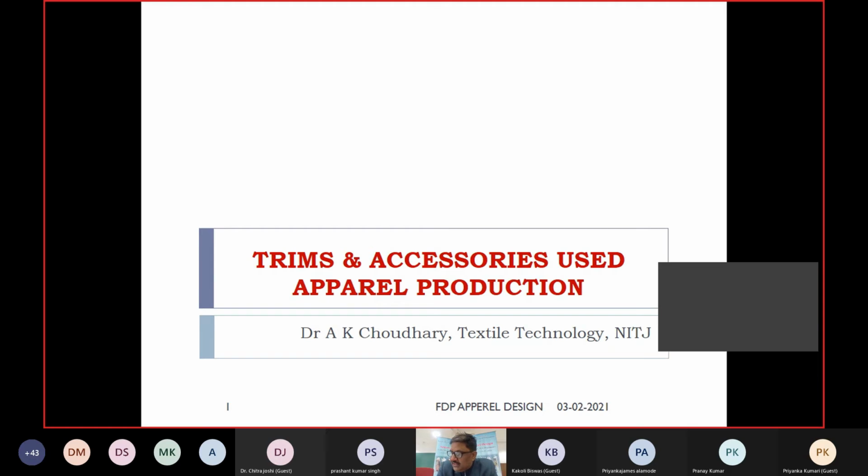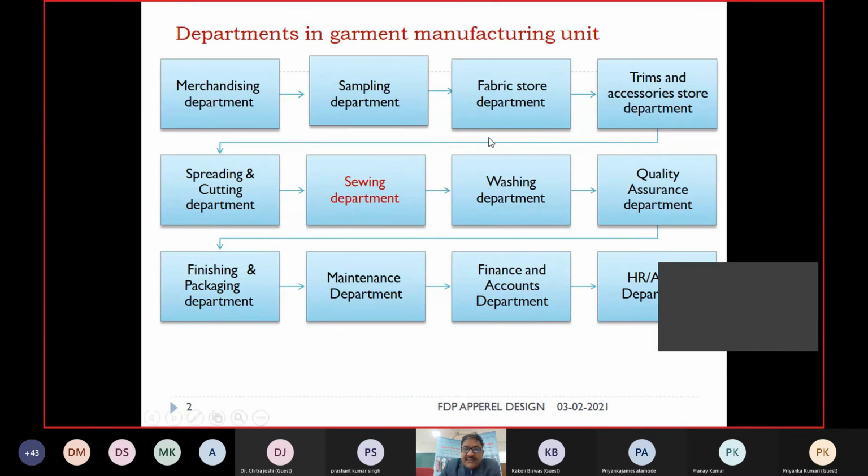In the last session of today, I'm just going to discuss some trims and accessories used in apparel production. So first, look into the processes involved in garment manufacturing. The merchandising department is related to the commercial aspect of the product. The sampling department is the development of prototype samples for getting the orders, and these samples are used